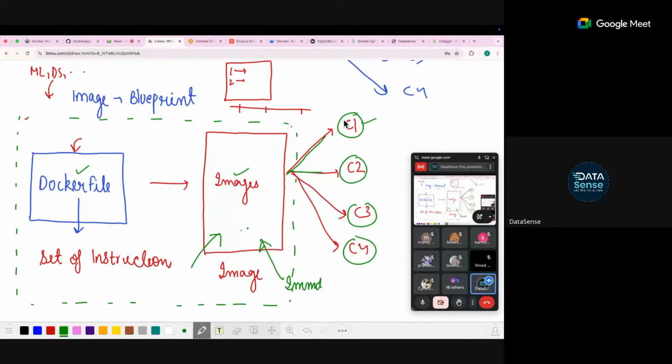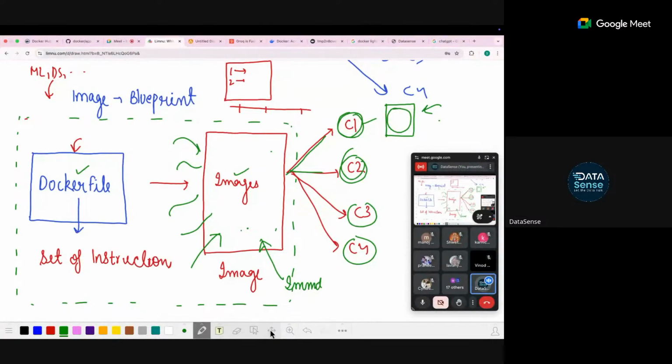Images do not run. What runs? The application will only run when your container is running, right? Images are just a blueprint, as I mentioned. The good thing about images is that it does not matter on what system you are running, because everything you have put inside this image, environment variables, files, everything, is present inside the container and it does not need anything from outside. Even if your system has some other Python version, it does not care, because it is utilizing the Python version inside.